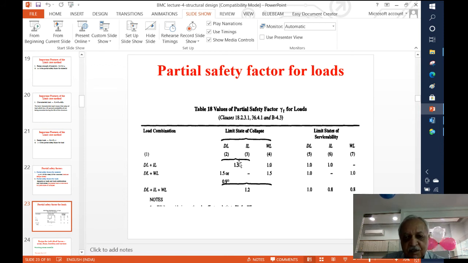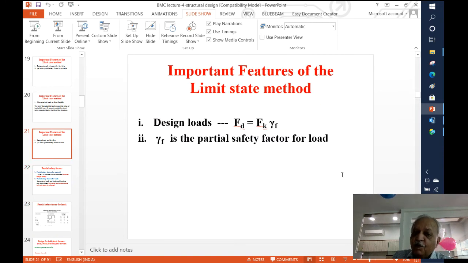So code will say that okay, for dead load and imposed load you can use a partial safety factor of 1.5. Sometimes you can use for limit state of serviceability only 1, and so on. So codes have given the partial safety factor for material. Please remember, it is a safety factor for material, that you have got the characteristic strength, that characteristic strength you reduce by that factor. So you are using a factor, the partial safety factor as 1.5, and say that okay, for my design purpose I will take the design strength as equal to my characteristic strength divided by the partial safety factor.